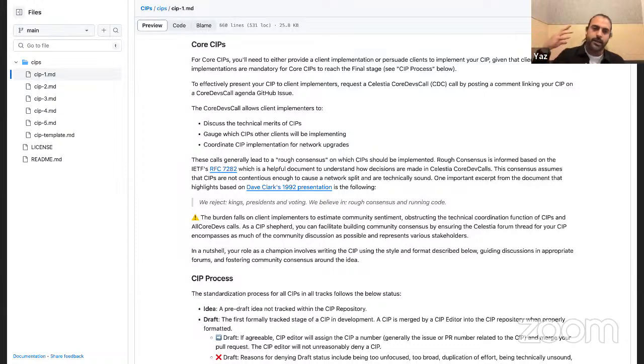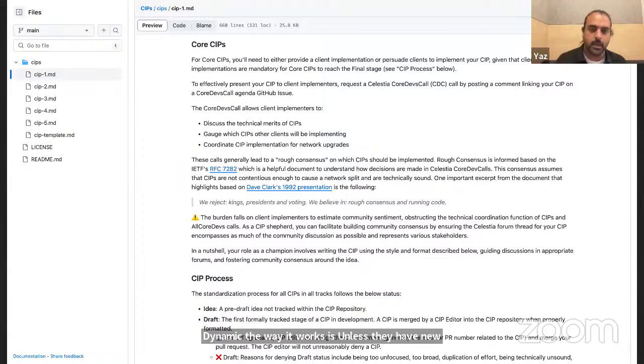The only way it can be decided otherwise is if you're the 5th person and you say, no, but this is still a bad proposal. In that dynamic, unless they have new information on why this proposal shouldn't be implemented, and only have the same old arguments that have already been addressed, it's fine. Rough consensus is still reached. So it's not 100% alignment. It's like we said, between 50 to 99%.